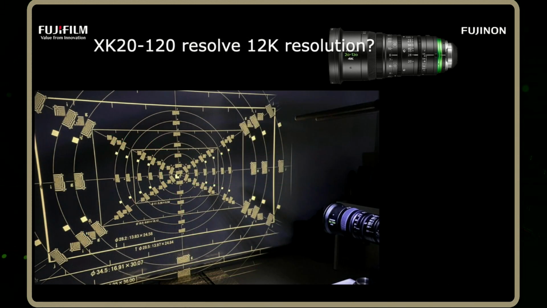We can move on and talk about kind of one of the most important factors, I guess, which is resolving power and resolution. So does the XK20 to 120 actually resolve 12K resolution? Well, as Amrit was mentioning, the kind of charts that we use to calibrate and to check this, yes, it does. So if you can just move on again,